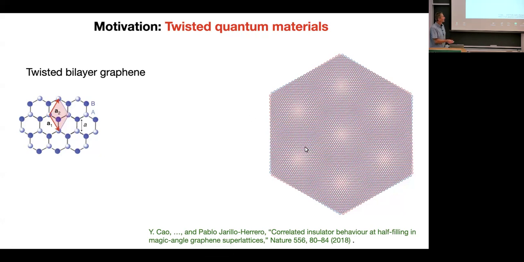What these guys did at MIT, they took 2 such sheets and assembled them on top of one another with a tiny twist, as shown here in this picture. If you squint your eyes, what you can see is this modulation where the twisted material looks different here than it looks in here. And you can see a periodicity on a scale that is much longer than the native carbon-carbon distance in actual monolayer graphene. This is the so-called moire structure that obtains any time you twist 2 periodic structures on top of one another.